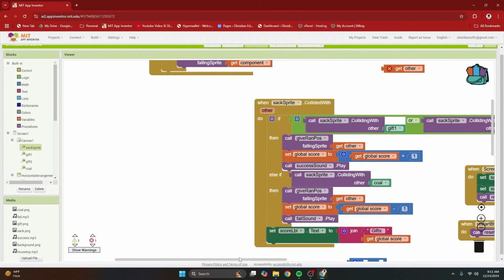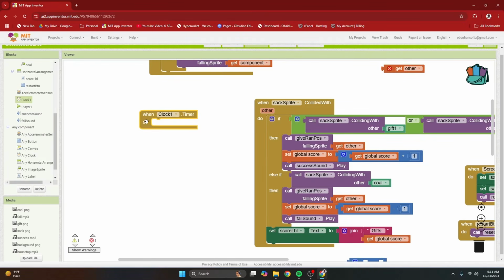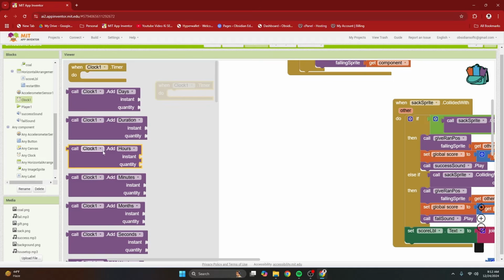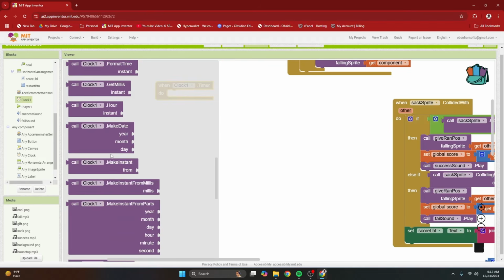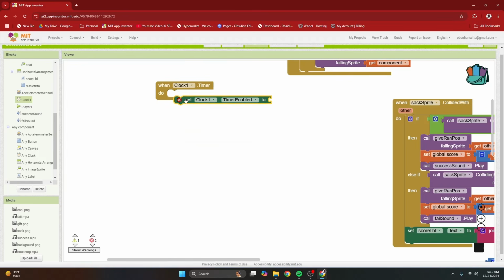Last but not the least, our game over condition. That is when the timer fires for our 30 seconds clock sensor. So go to clock and get its timer event. And here, what am I going to do? I'm going to first of all disable the timer, because I don't want it to be running now. So disable it,